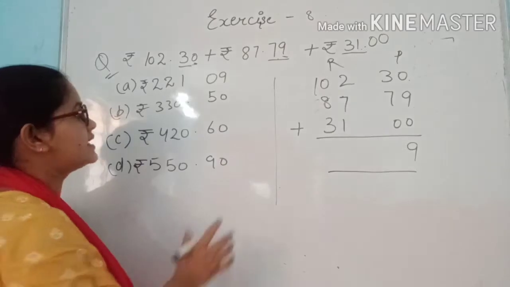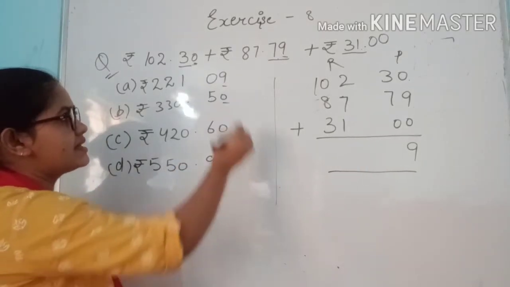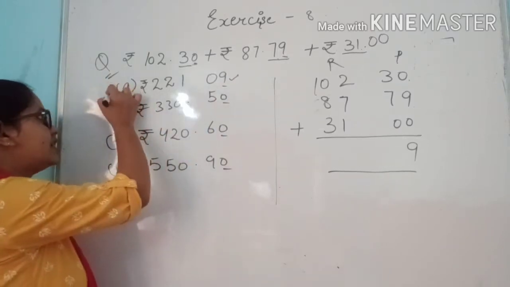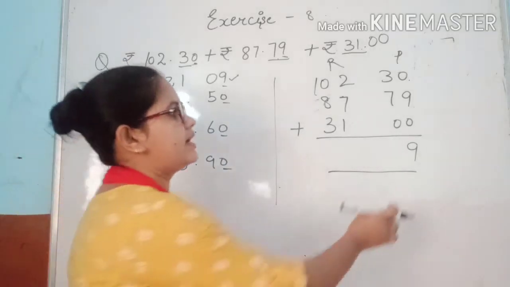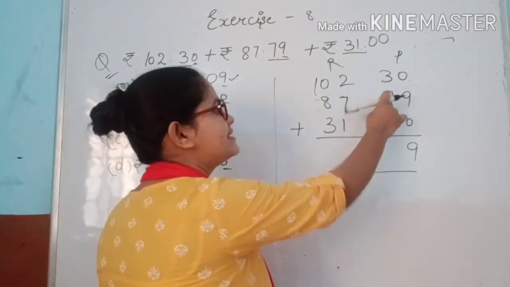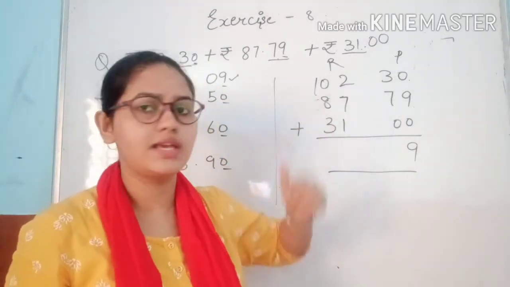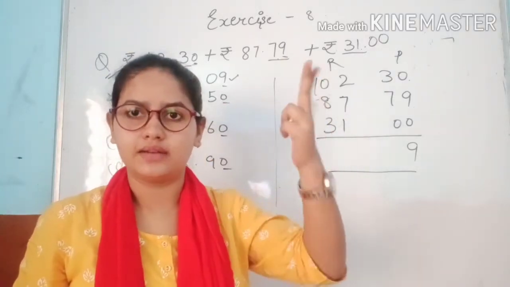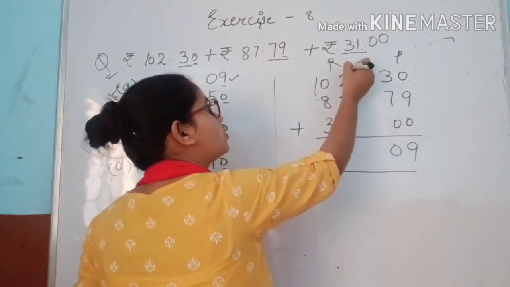So we can simply see which one is 9. Is there anywhere that is 9? Yes, this one. Now we have to confirm that this one is really the answer of this equation. So what we will do, we will take another step of our second equation, which is 3 and 7. When we add 7, 7 and 3, 7, 8, 9, 10. So we have 10, which means here will be 0 and here 1 goes as carry.